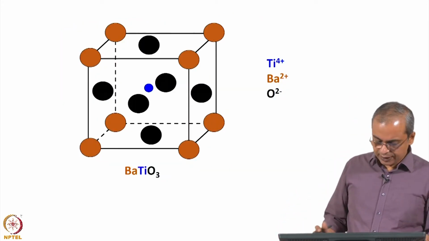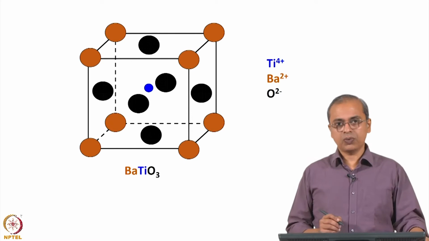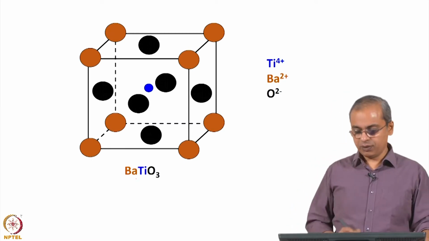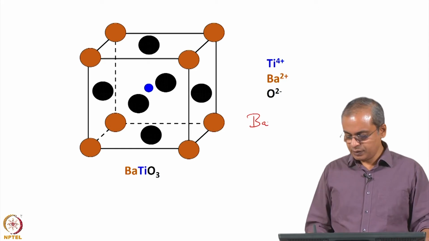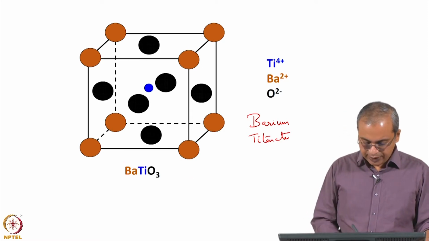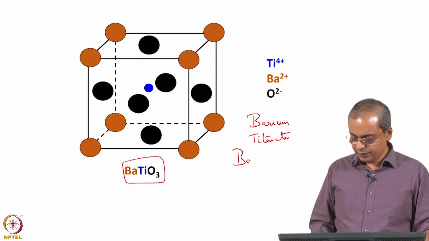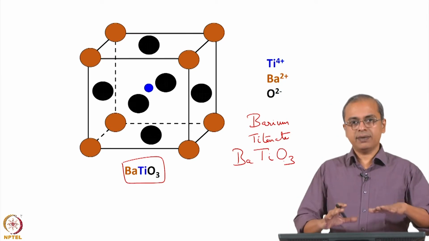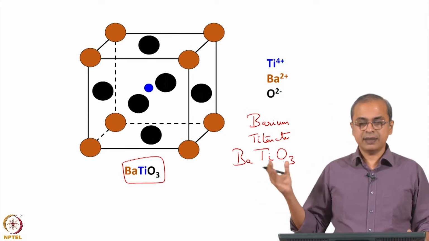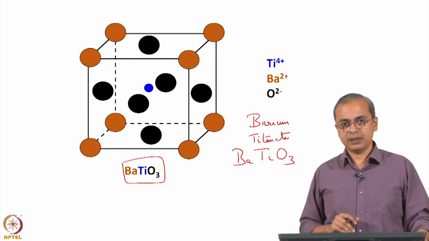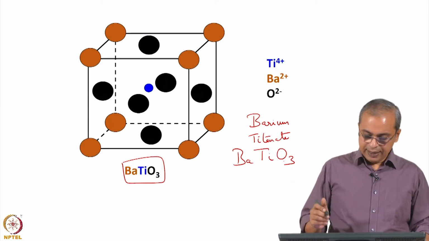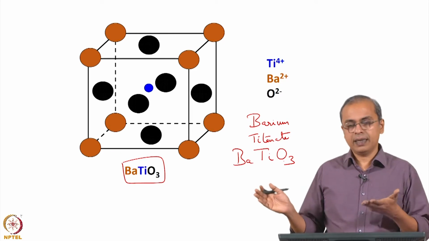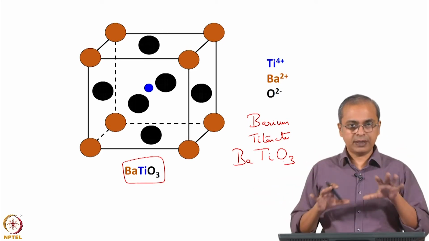So, for that let us look at a typical material that is often used to highlight this phenomenon, which is barium titanate. Okay, barium titanate. So, it has this formula BaTiO3. So, structure wise, what I am showing you on the image here is the structure that you can think of associated with this barium titanate. For example, you can think of it as an FCC structure in which you are putting specific atoms at specific locations, and that is how that crystal